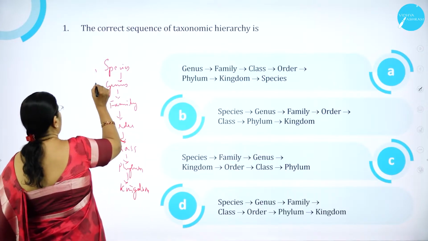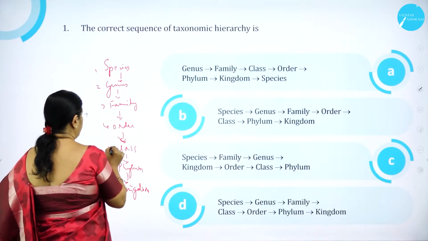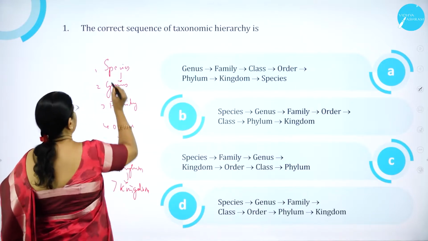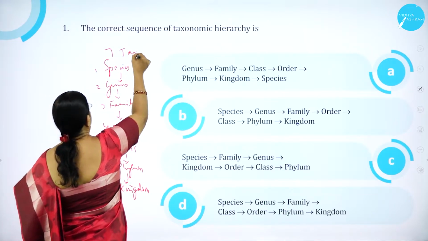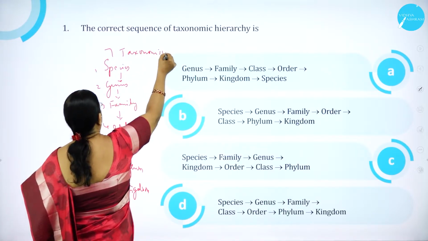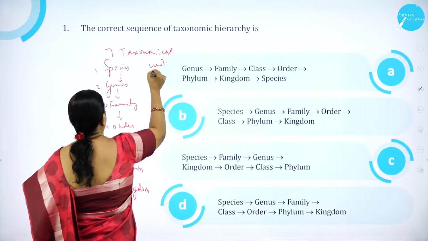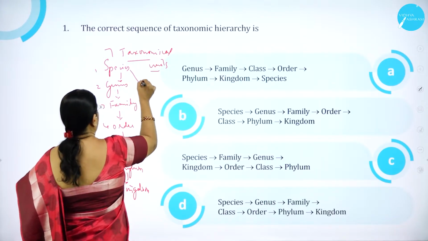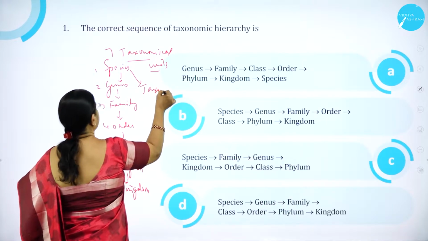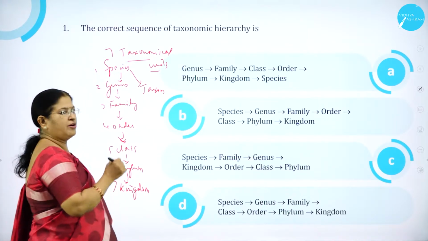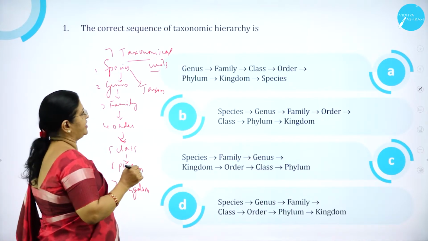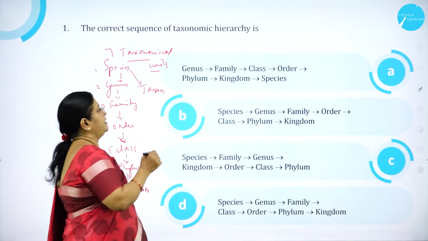So we have 1, 2, 3, 4, 5, 6, 7 taxonomical units. Each unit is called what? Taxon. So the correct sequence of taxonomic hierarchy is...